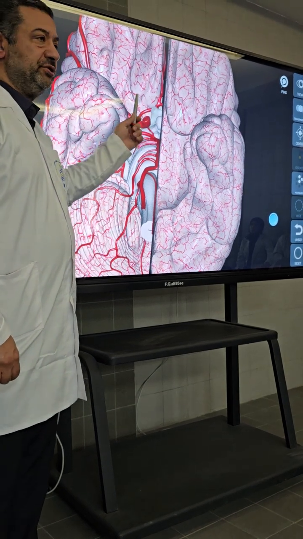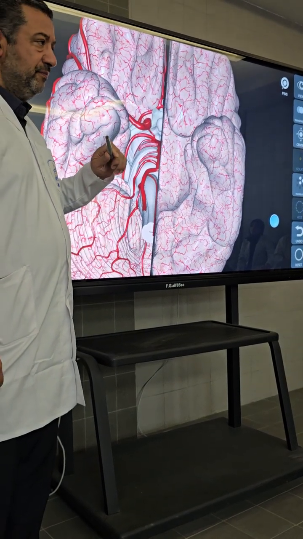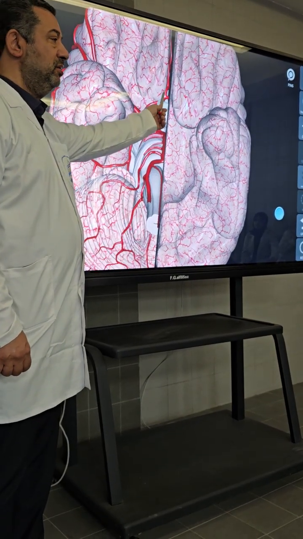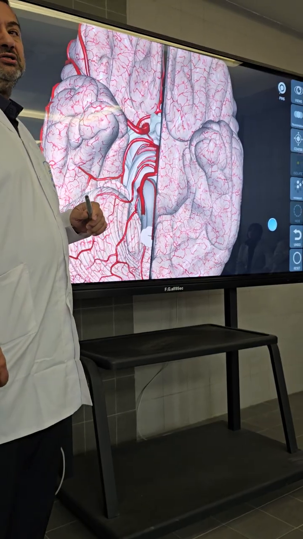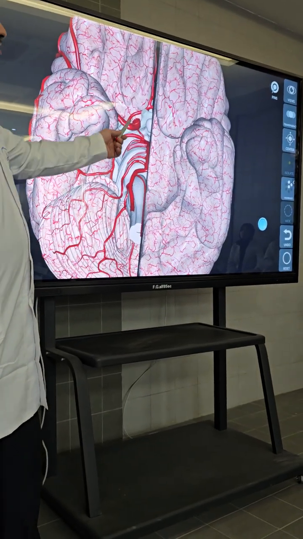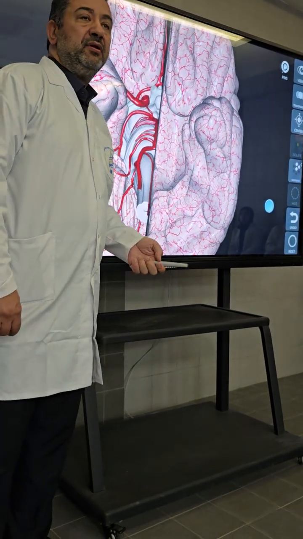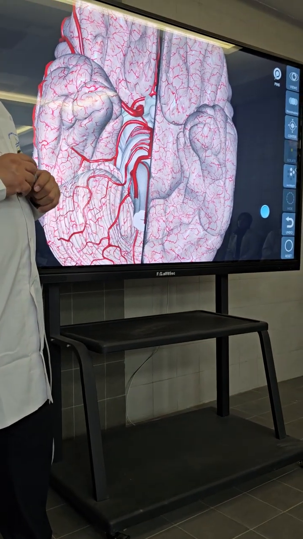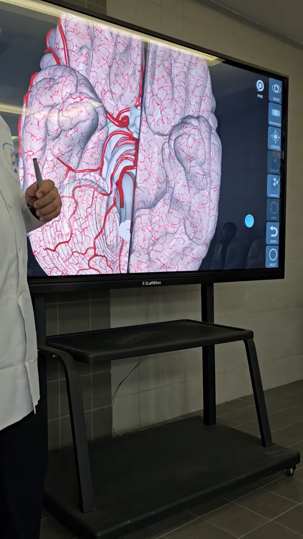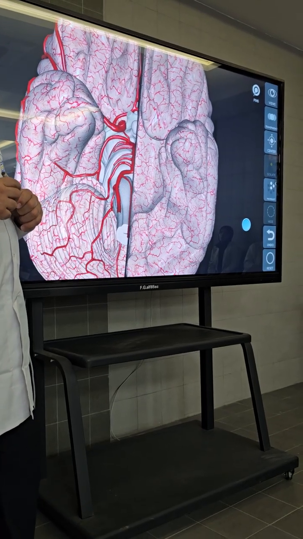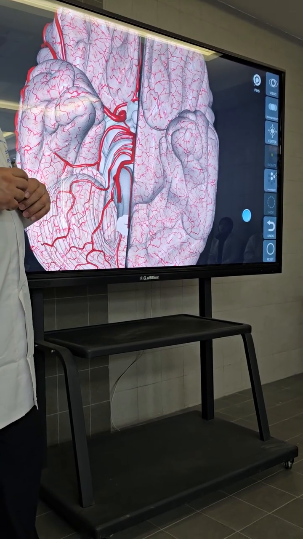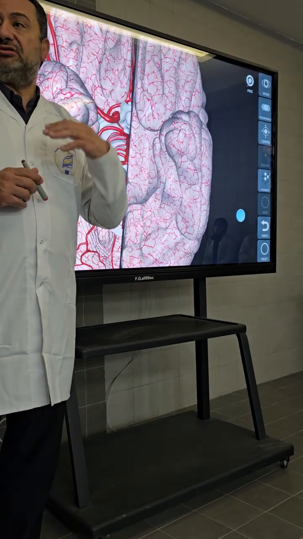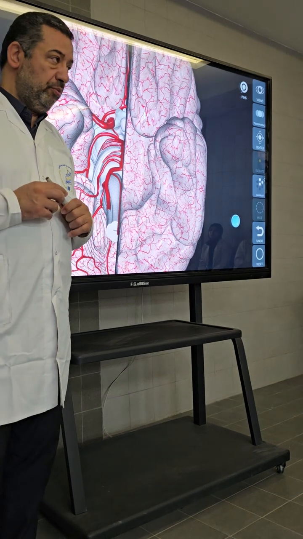The anterior cerebral artery goes anterior and medial, superior to the optic chiasma and optic nerve, and enters the longitudinal fissure between the two cerebral hemispheres and turns around the corpus callosum. If you remember, I told you